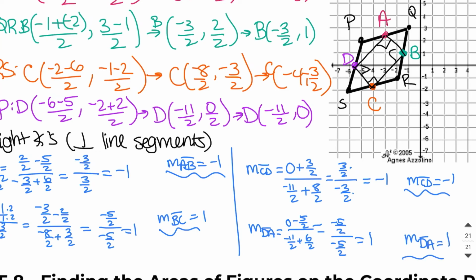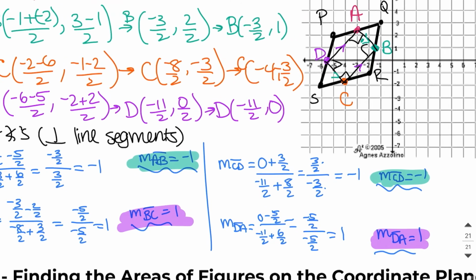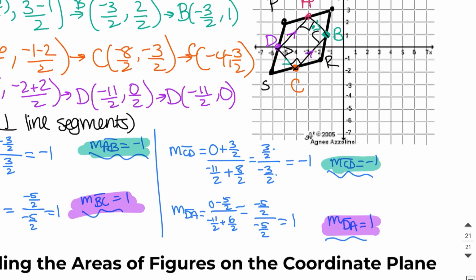So here we can see that AB has to be parallel to CD, and we can see that BC has to be parallel to DA, and we can also see that AB and BC are perpendicular to each other, and that CD and DA are perpendicular to each other. So we have shown that we have parallel segments across from each other right here, and that we have right angles. So here we can say, since